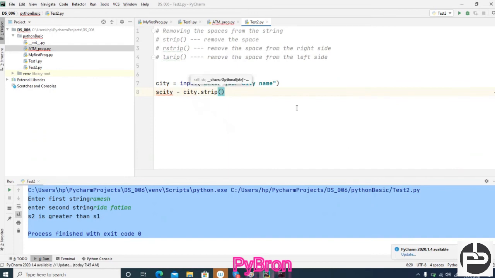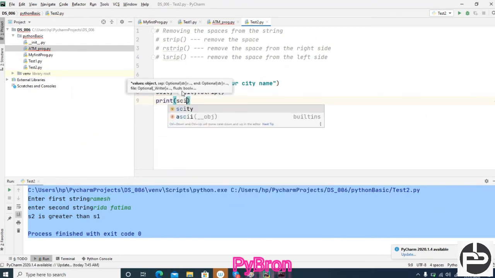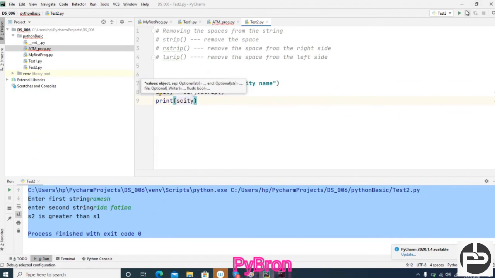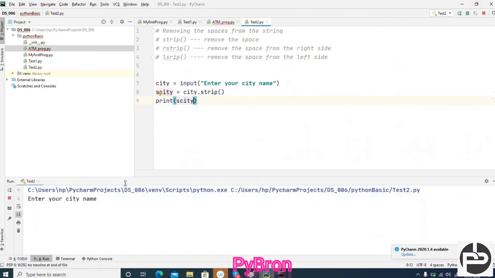If I am doing this, and afterwards printing city, let's see what output we are getting. If I'm passing my city name as Kolkata. We pass this string, and again I'm executing this code.